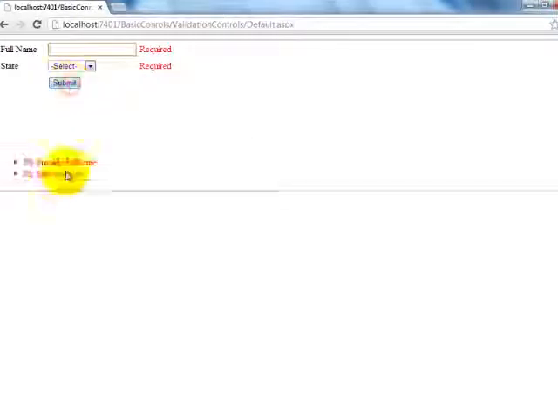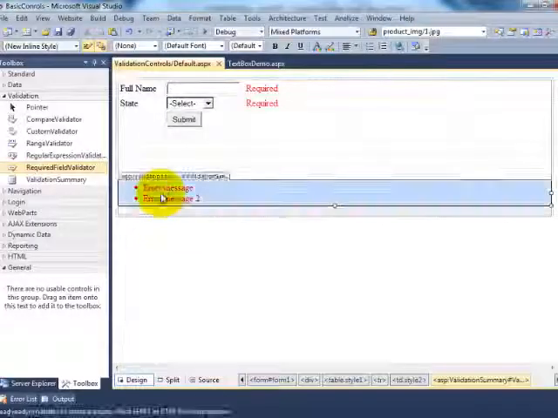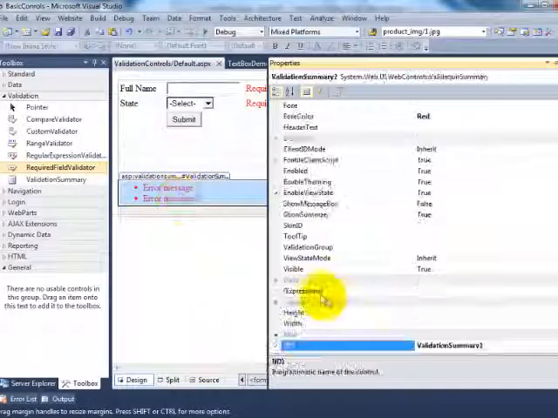2 errors, submit. The 2 error descriptions will be displayed in the validation summary control. Please provide full name, please select state. With this validation summary control, you have some properties.